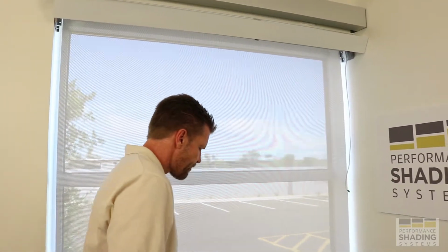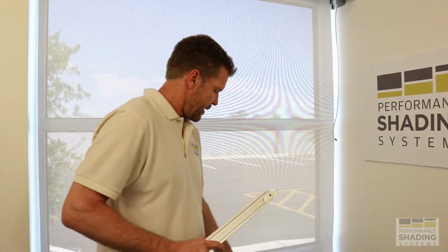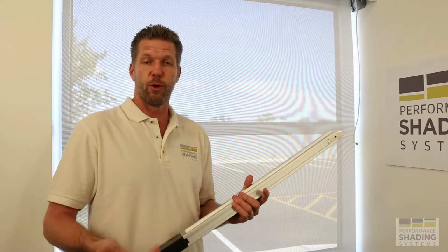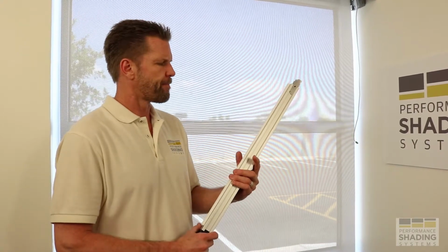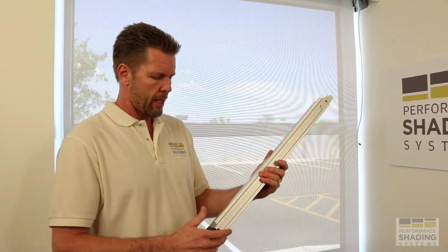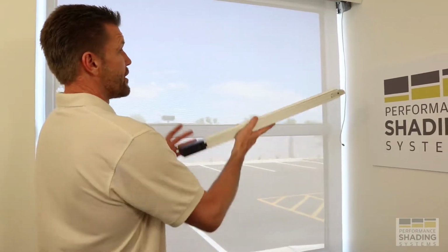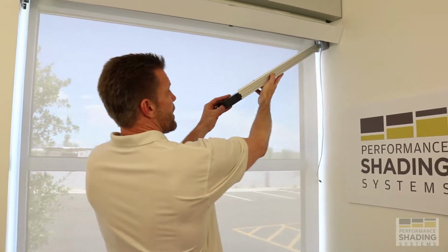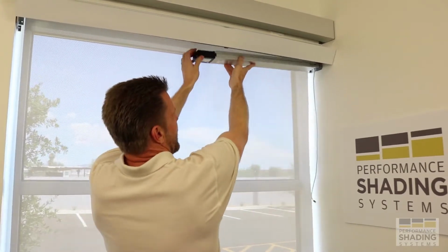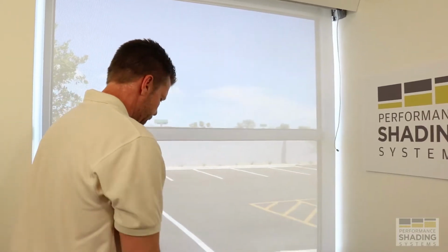The other option, which is the most popular, is to do a battery exchange. This is especially good for those of you who have a service program with your clients, and you want to schedule this in with your service program or established maintenance program, whatever you may have. What you'll do is essentially what I've already done. Take down the power pack, unplug it, pull it down. You're simply going to take the fully charged power pack,